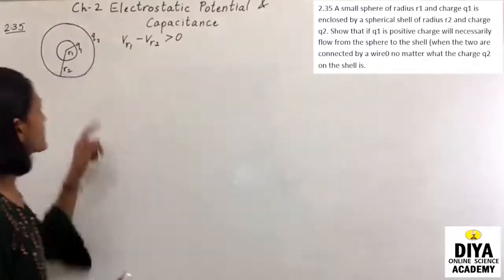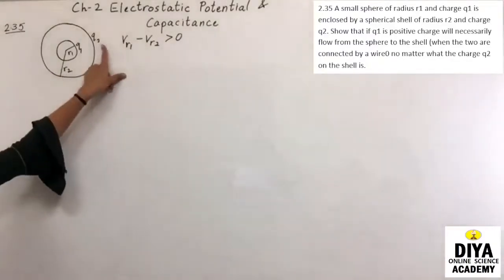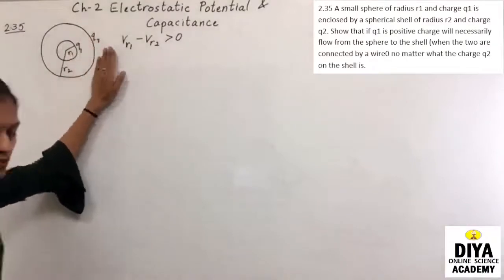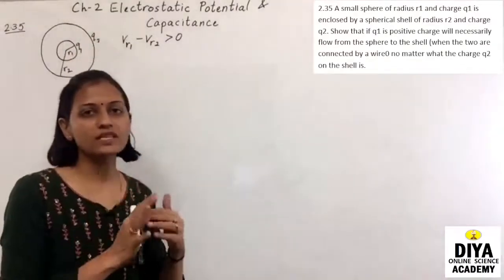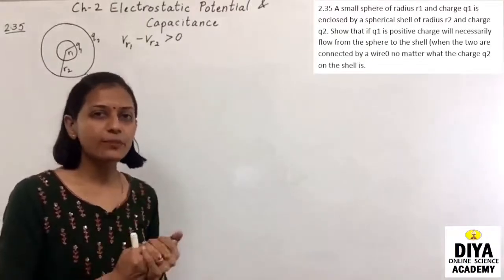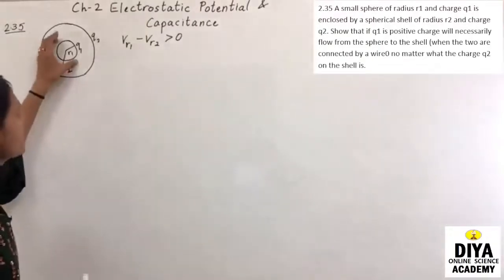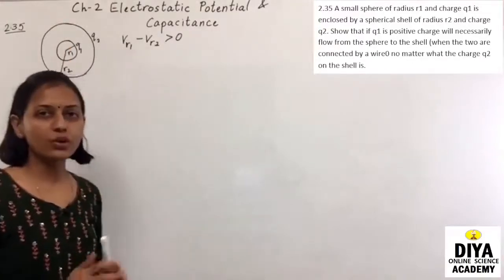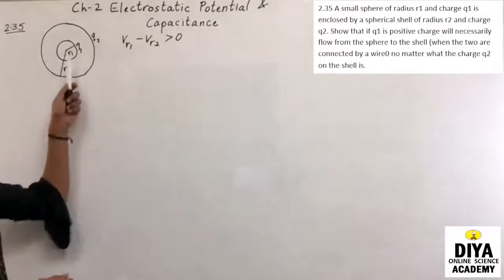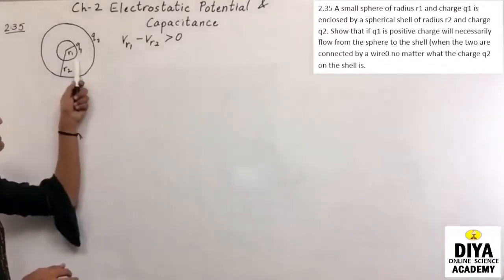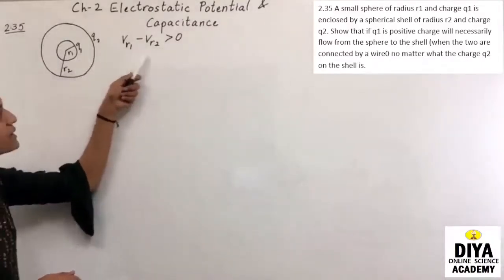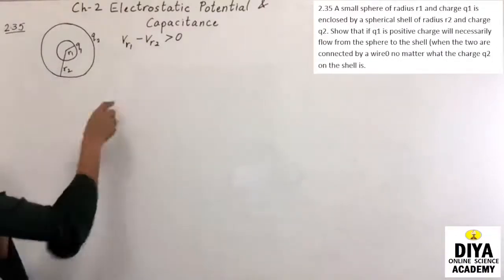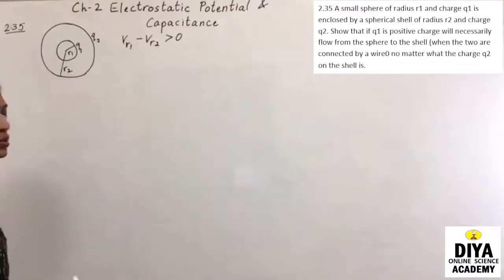तो Q2 के ऊपर, Q2 कोई भी चार्ज हो, पर Q1 इससे स्फीयर से शेल के ऊपर ही जाएगा, ये हमें प्रूव करना है। ये कब पॉसिबल है? जब ये स्फीयर हायर पोटेंशियल पे और शेल लोअर पोटेंशियल पे होगा। तो मतलब अगर इनका डिफरेंस लेते हैं, Vr1 एंड Vr2, देन इट शुड कम एज अ पॉजिटिव टर्म। तो हमें ये डिफरेंस फाइंड करना है और उसको हम पॉजिटिव शो कर देंगे।